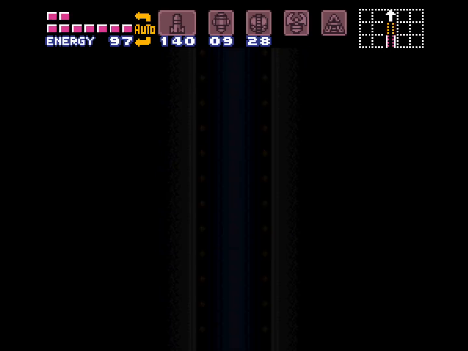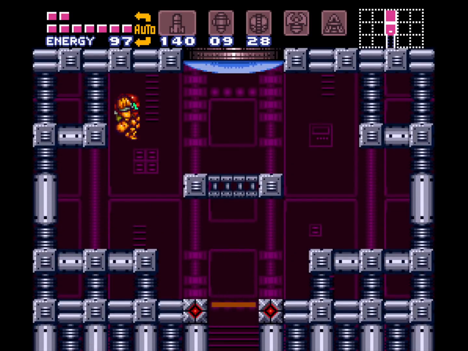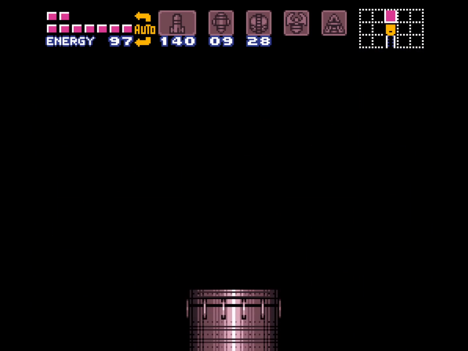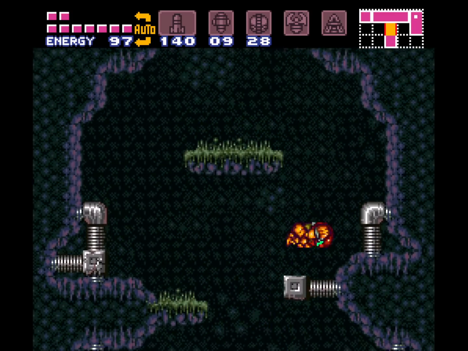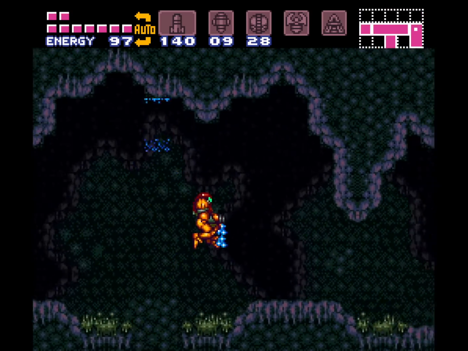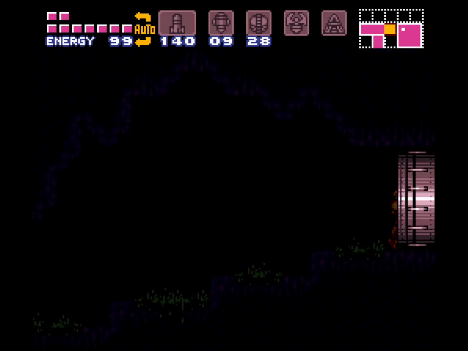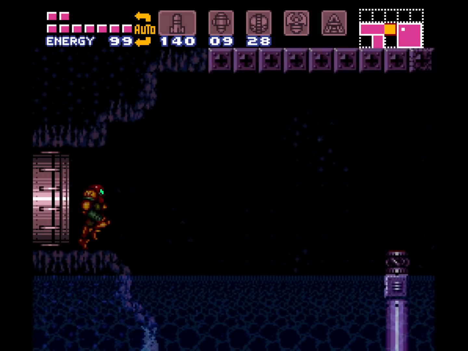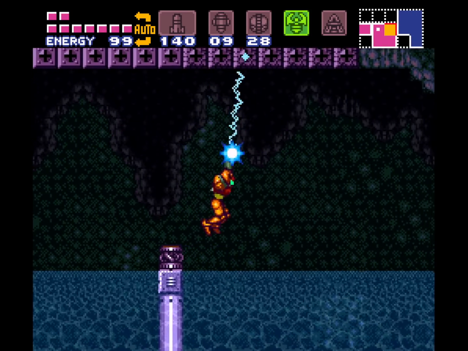So for the record, in a casual playthrough, we would have gotten the grappling beam. This would have allowed us to get the X-ray scope and wave beam. So in that vein, we're actually pretty much just as well off as we would otherwise be. So really, the only thing we're missing out on...